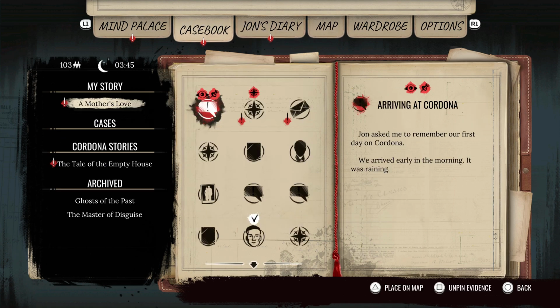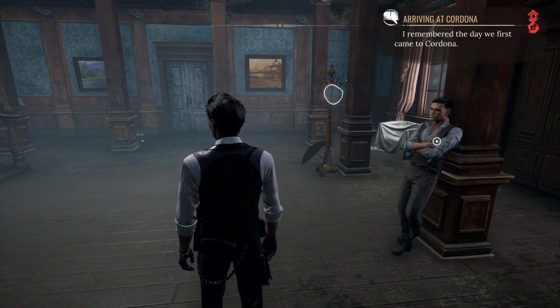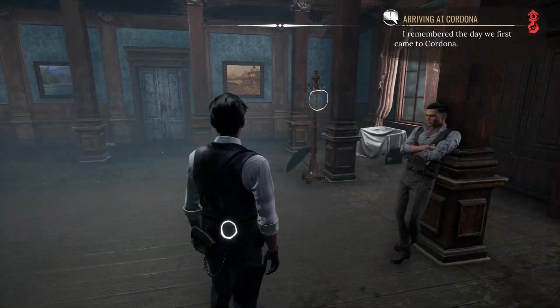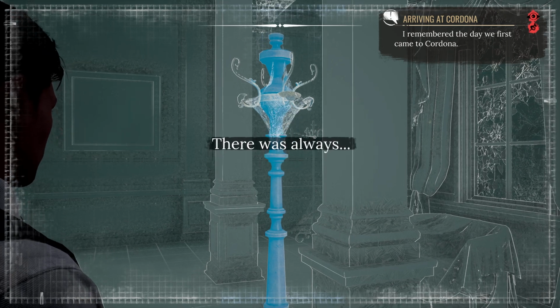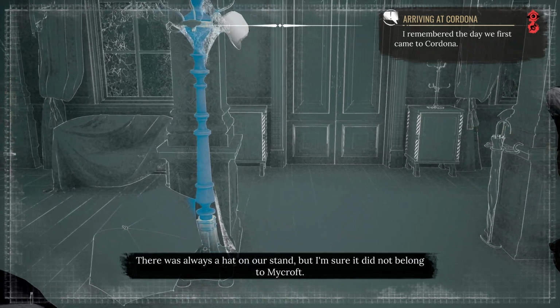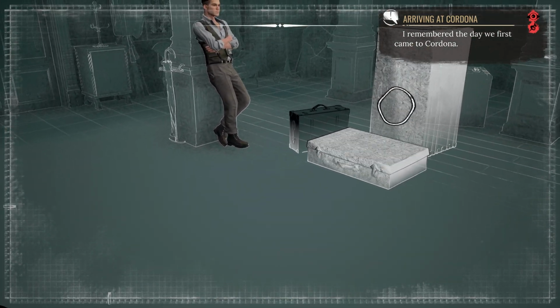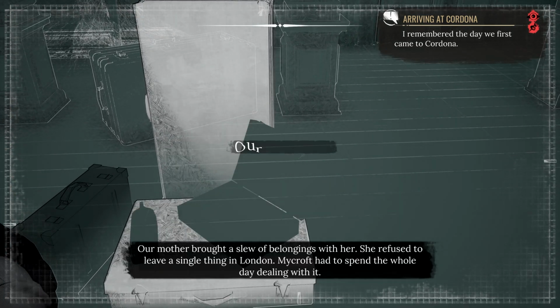So you have the casebook, and in the casebook you can pin evidence, which you can do via the menu, like here. But you can also do it when playing. When you do that, this is when you're going to be able to use your sort of investigator vision to notice elements, so like here memories, but in the case of a crime scene, for example,